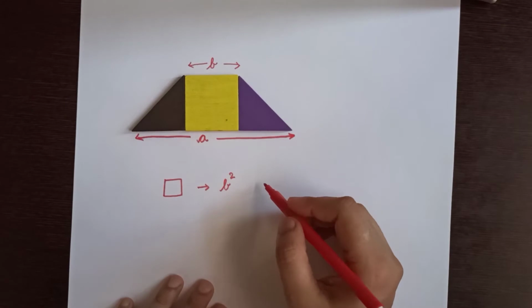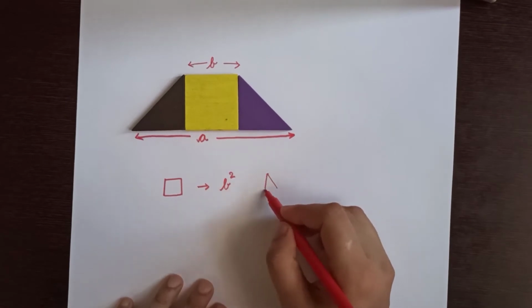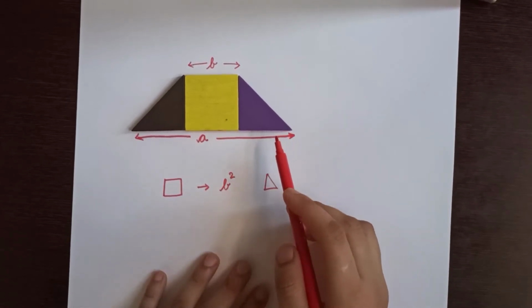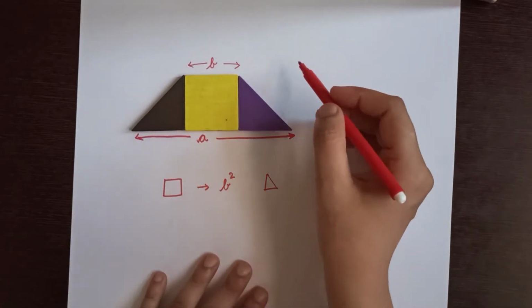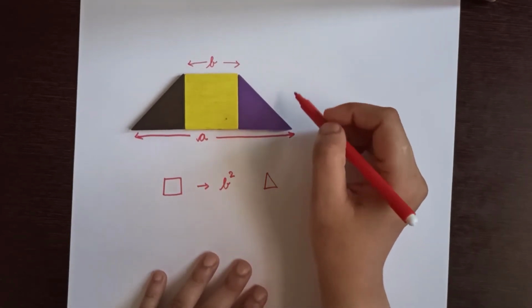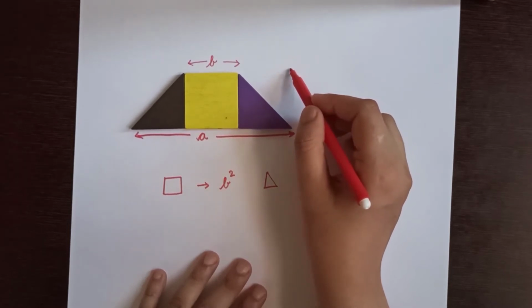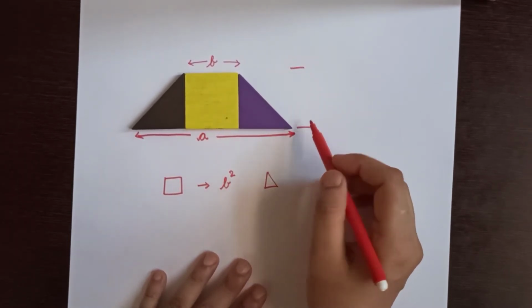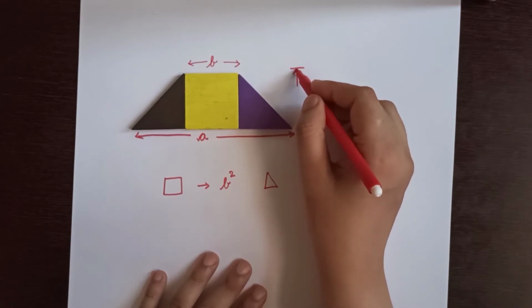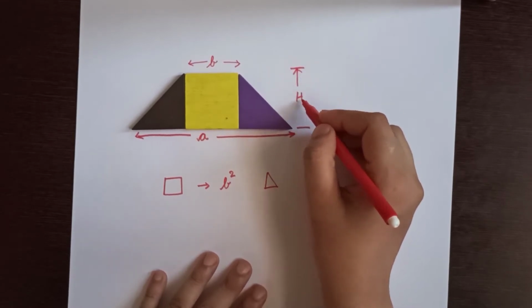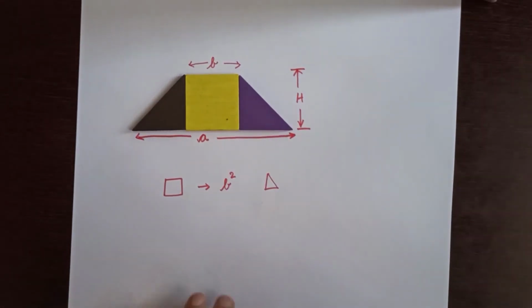And let's find out the area of the triangles. I can find out the area of one triangle and then multiply it by 2. For that we need to define the height of this trapezium. If the height is h, to find out the area of the triangle we need to know the length of its base as well. So one thing which I observe is that this square is made up of